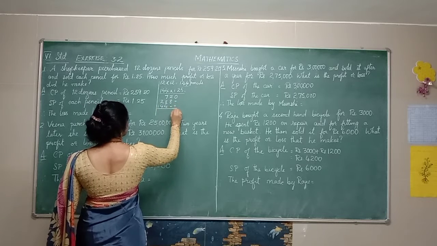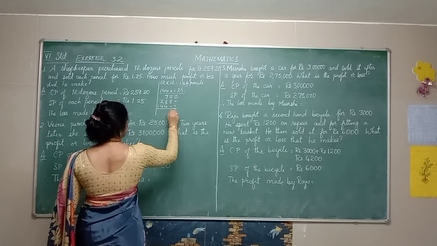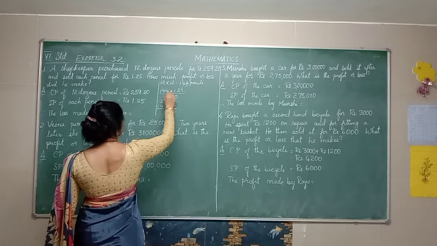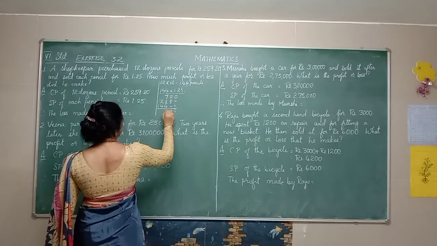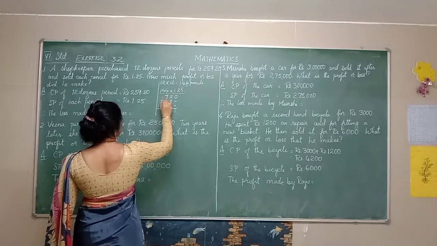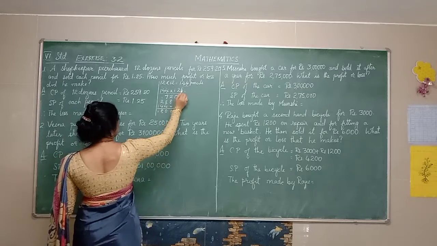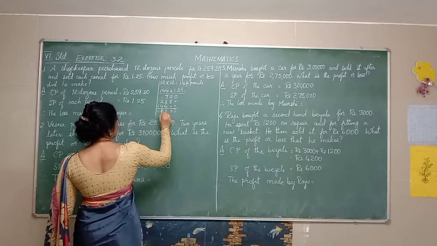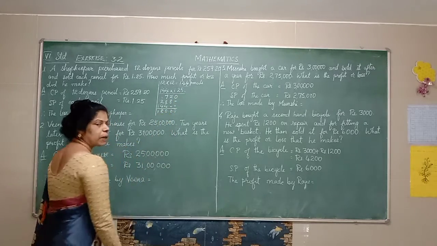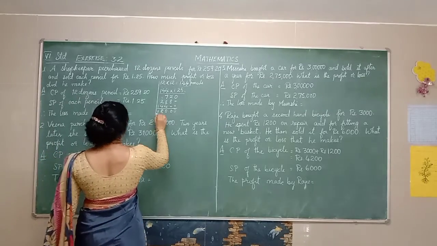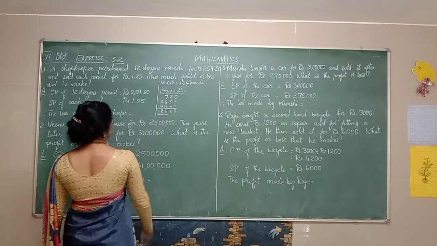Okay. When you add 0, 2 plus 8, 10, carry 1, 7 plus 8, 8 plus 8, 16 plus 4, 20, carry 2, 4, 2 plus 2, 4, 4 plus 4, 8 and 1. So 2 digits. Here see, 2 decimals, 2 decimals. So what is the cost price? Sorry, what is the selling price? He has sold it for 180 rupees.